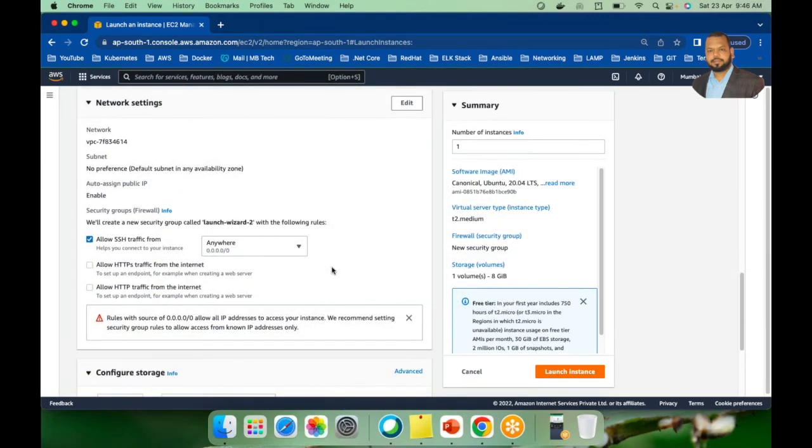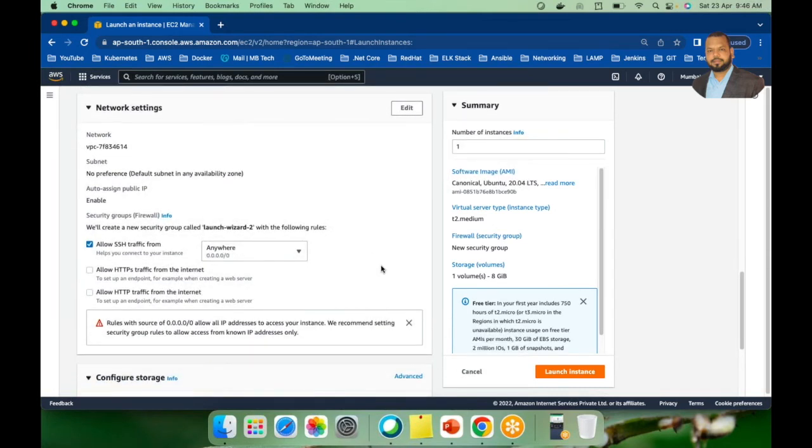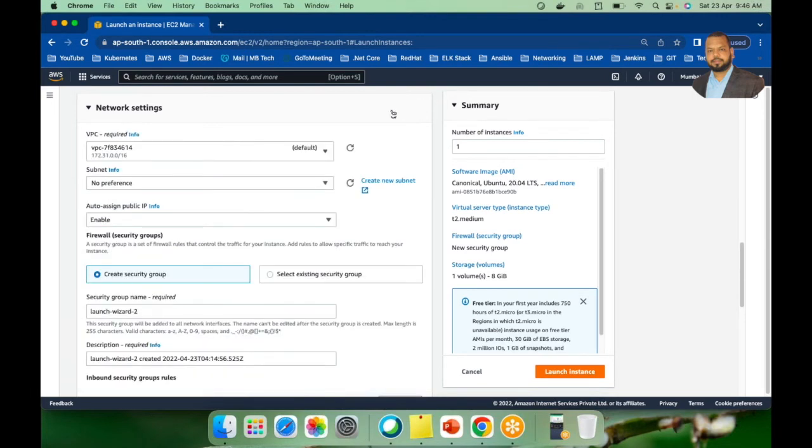Network settings. They have changed a little. So allow NFS traffic. Good. If you want to edit these network settings and add a network setting, what we are doing is nothing but setting up your security group. Now I'm setting up the security group. You can edit it and